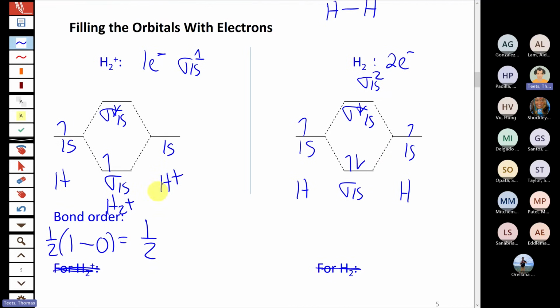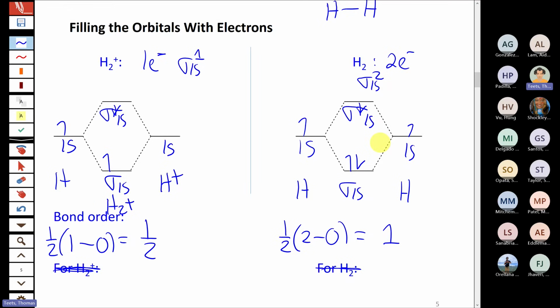And then for the bond order, what we see in this case is that now we have 2 electrons in our bonding orbital. So we're going to put a 2 there. Still 0 electrons in sigma star. And so 1/2 times 2 is a bond order of 1. So we predicted a single bond. The molecular orbital diagram is consistent with that. The molecular orbital diagram also tells us that it's diamagnetic because both of these electrons are paired. And that's also true for hydrogen. So relatively simple case, but one where the predictions match our expectation.